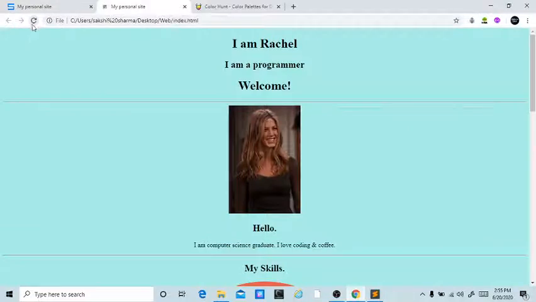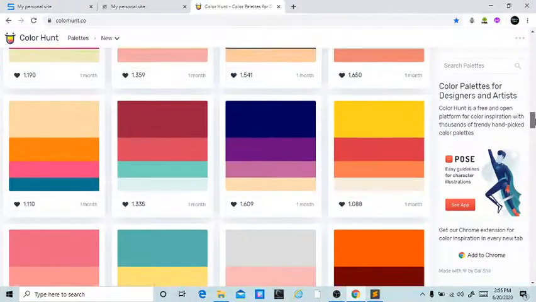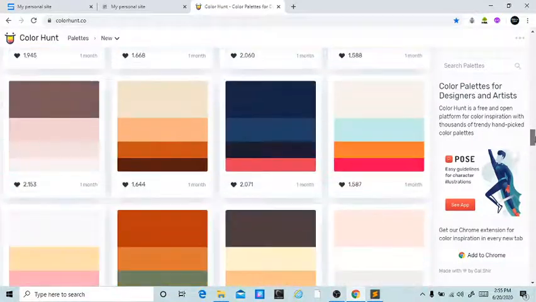Let's refresh and check. It's still, let's see some other color. I'm very choosy about it, so let's see. You can do whatever changes with the colors you want. So let's try this color.